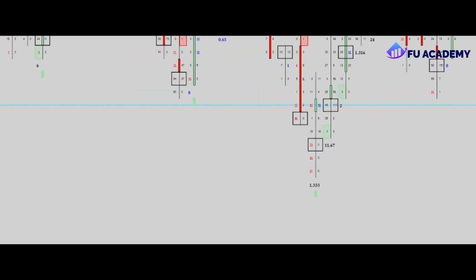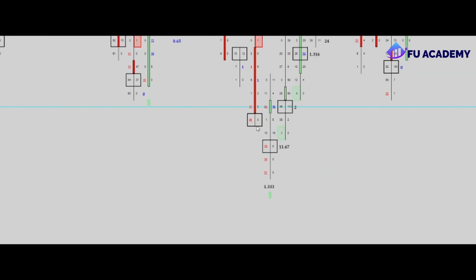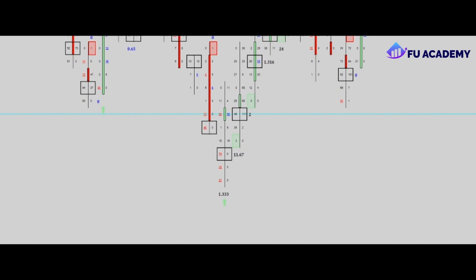All the liquidity got cleared. Everyone's stop losses got taken out, and now what is smart money doing? Smart money are pushing price higher in the intended direction. Now what do smart money do? They come back down, they retest this level to take their position out at break even, and they push price